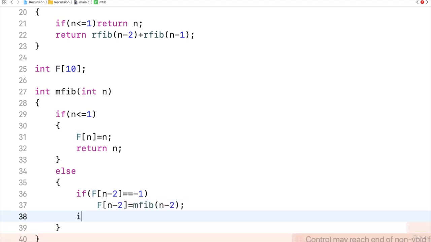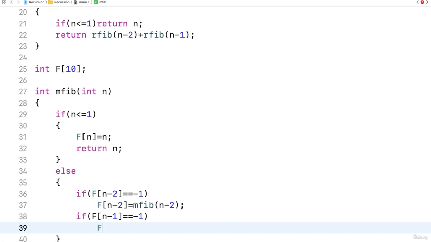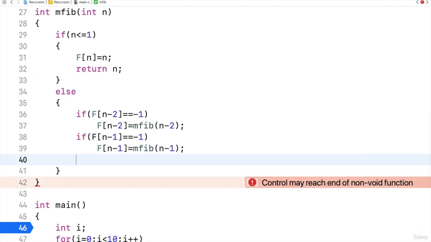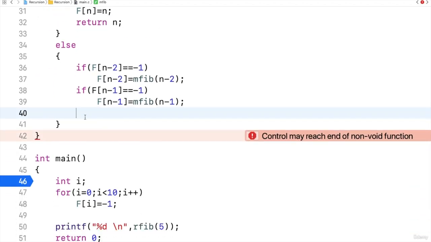Then next, again for n minus 1 also I have to check it. If f of n minus 1 is equal to -1, then call the function for n minus 1 and take its result in f of n minus 1. So call mfib of n minus 1. Once we have got this result, whether the function is called or not called, we get the results here, then return